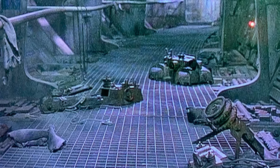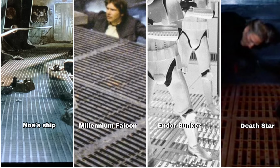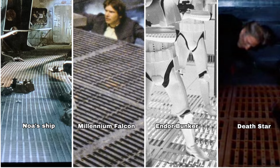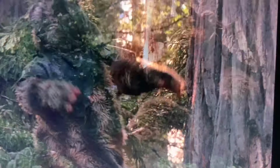Back on Noah's starship, the same flooring as seen many places in Star Wars, like the Death Star, the Millennium Falcon, and the Endor bunker. He's got the same sort of flooring that they use, so I don't know which of those places it's actually from. Then we got to see our first unused footage from Return of the Jedi,